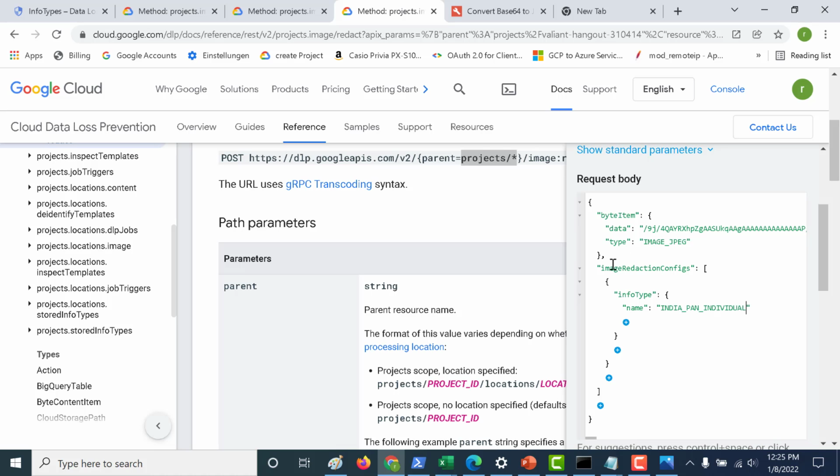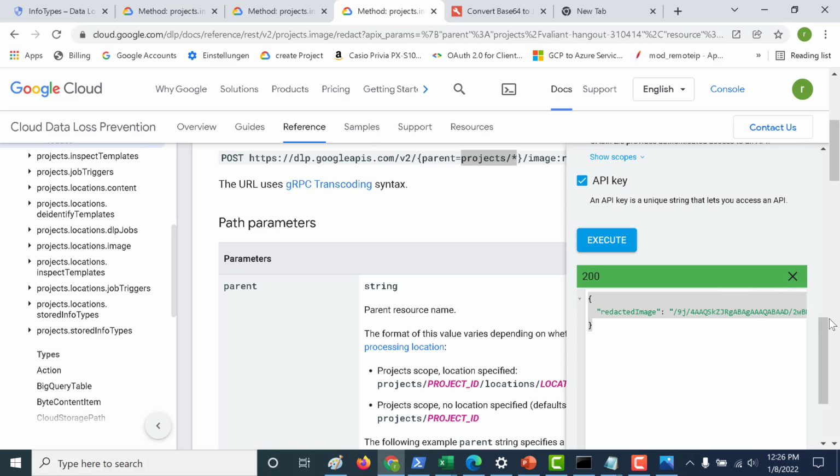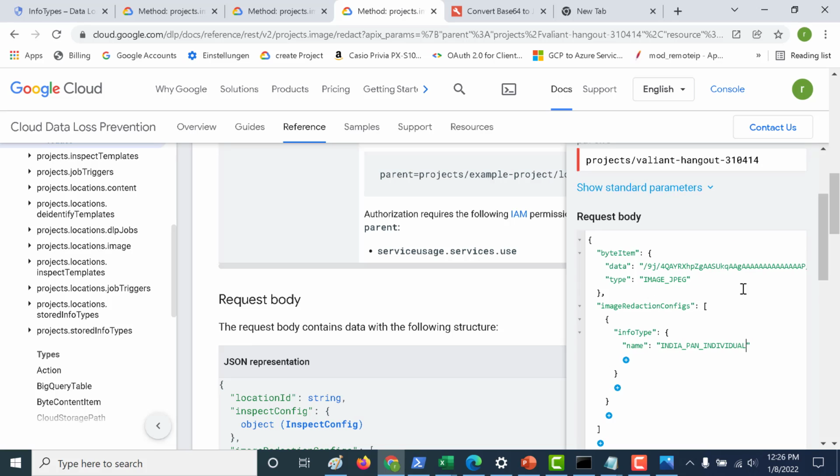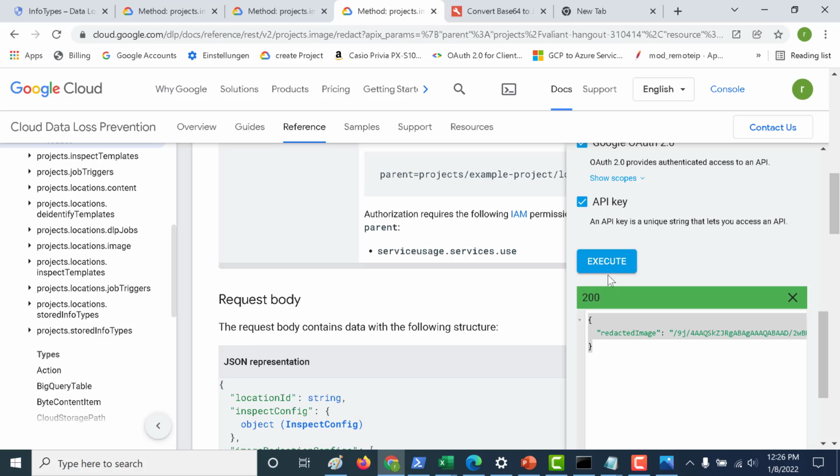I have added another parameter here, the image redaction config, and within that I've chosen the info type as the Indian PAN individual. Let's run this again. Hopefully, once I run this, only the Indian PAN individual should be blocked and everything else should be shown.